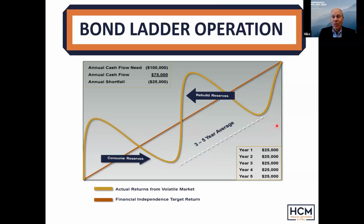And then we go back to that lowest bucket where the bond ladder is set, and we have securities maturing at full face value that are not incurring any loss whatsoever. They come over to feed the deficit. And the reason that this is a 3 to 5 year window, as Doug mentioned earlier, is that there's a